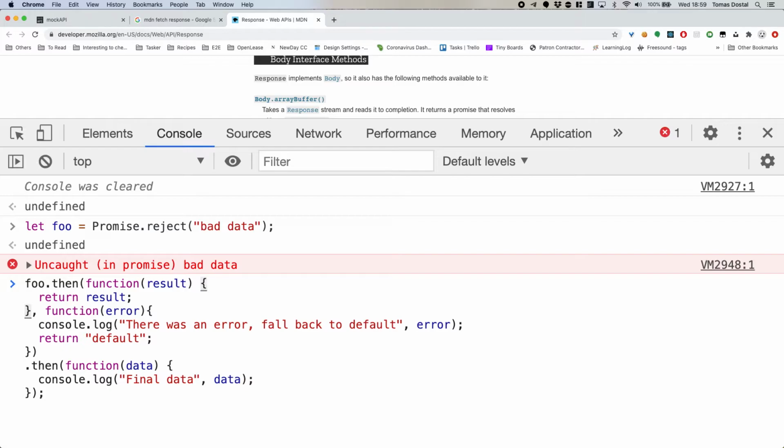My guess is you would get there was an error, fall back to default, and then it returns default. So basically you would get then final data default. What do you think, Ricardo?